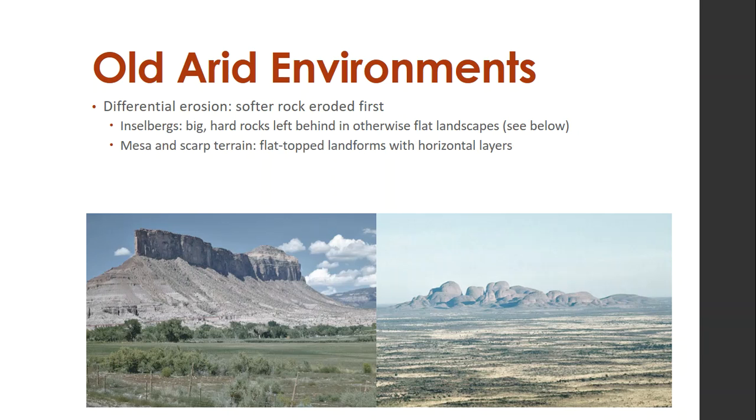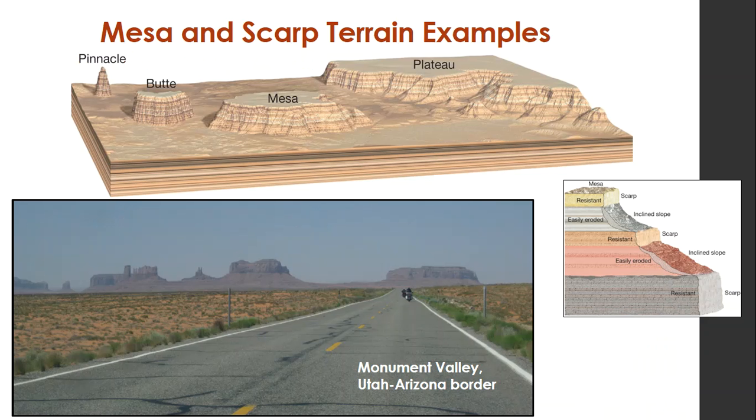We have again that mesa and scarp terrain. So we have these flat-topped landforms with horizontal layers. And you can see here this mesa and scarp terrain profile, and here's a picture that I took in Monument Valley at the Utah-Arizona border. And so you have the easier eroded material is gone, you have this